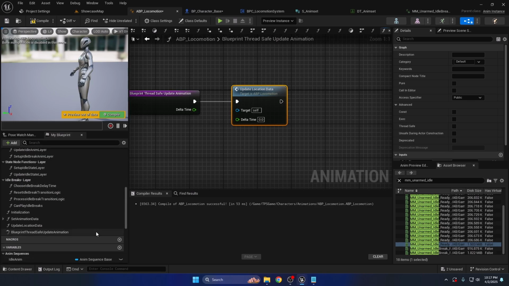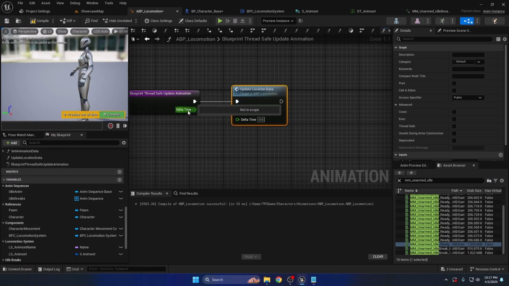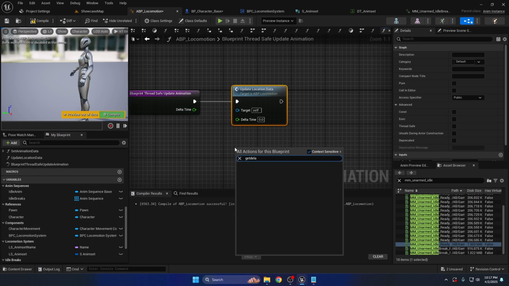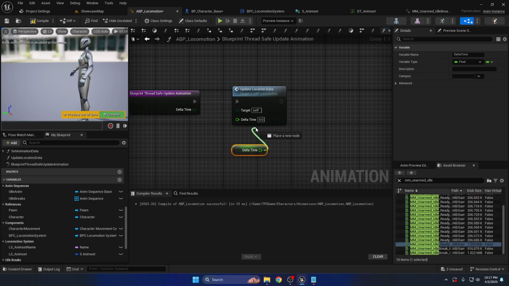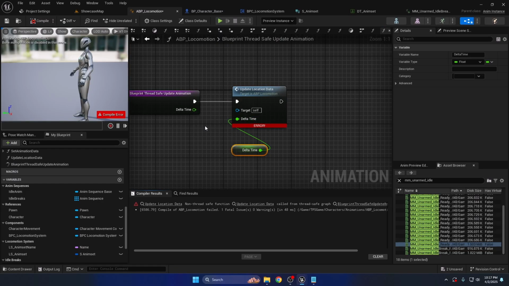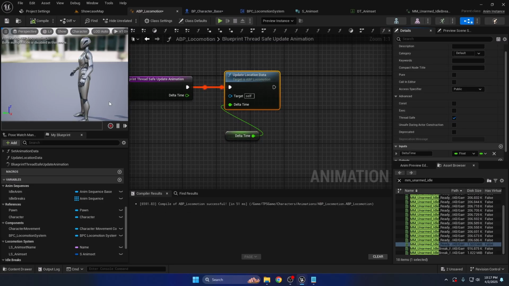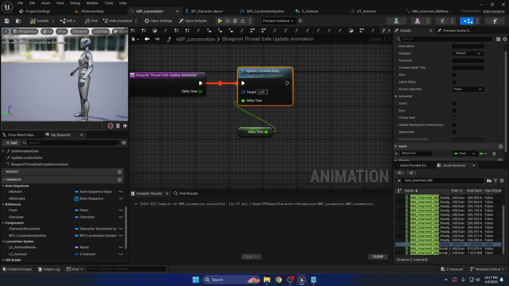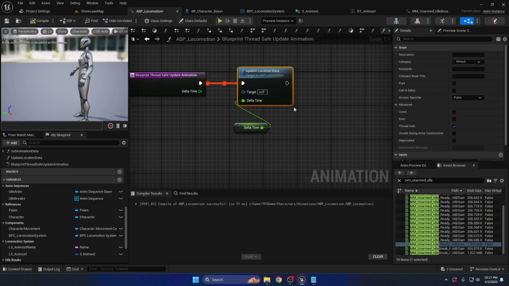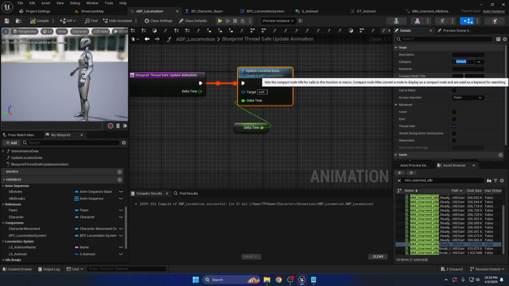So let's call this function here, and let's plug the delta time reference here. And if I compile it, it will show this error because I have to make this function thread safe. Okay, so I'll create a category to keep this sort of blueprint thread safe function, called maybe, let's say, blueprint